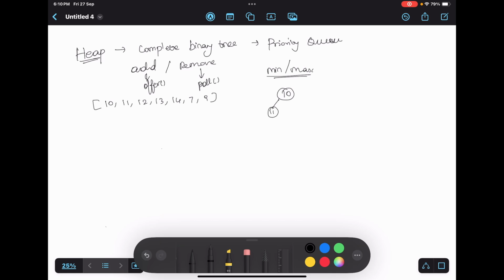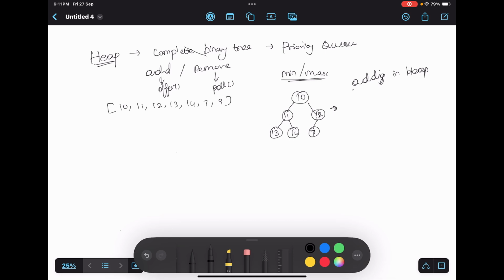10, 11, 12, basically it's a tree data structure. 13, 14, and 7. Now when we are going to add 7, it is not satisfying the condition, because the parent is greater than the child node, but it should not be like that. So in adding in a heap, we are going to change the position,